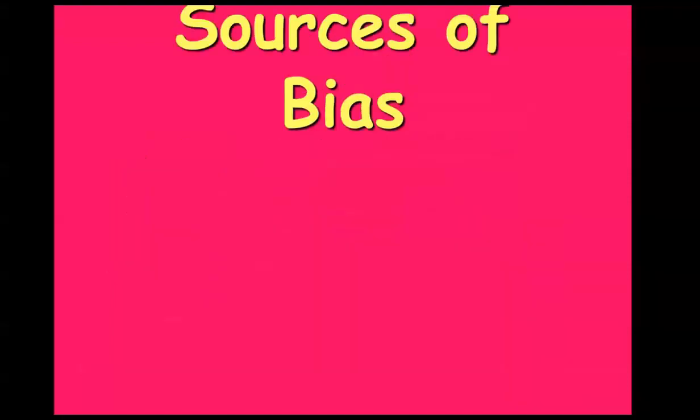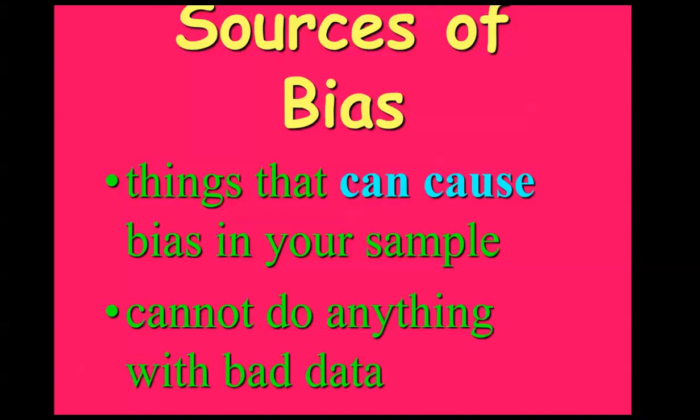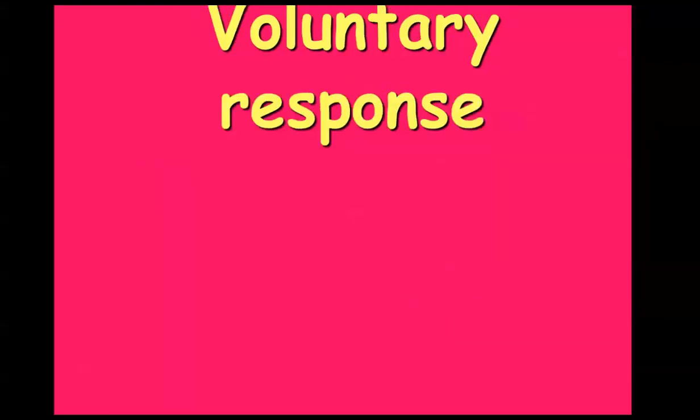Anyways, so sources of bias. These are anything that can cause the bias in the sample. And typically, if we have very biased data, then we can't really make a useful conclusion off of that. Okay, first type